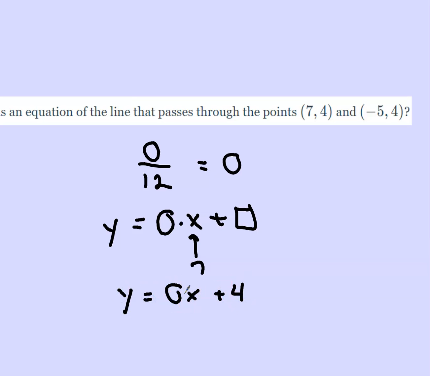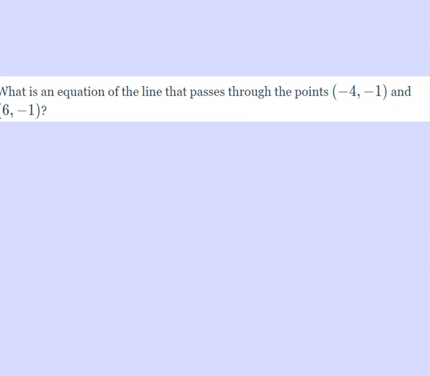And you might be thinking, well, come on now. 0 times x is just 0. So you could write 0 plus 4. Or that looks kind of silly as well. You could just write y equals 4. Okay. So what we did was the same kind of thing, and so if you get one that looks like this,